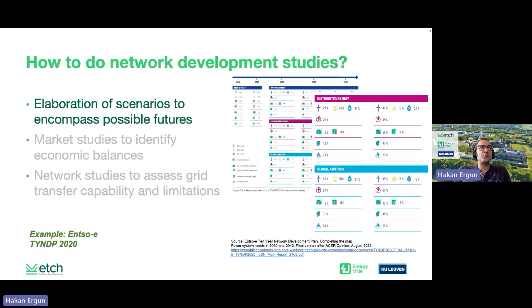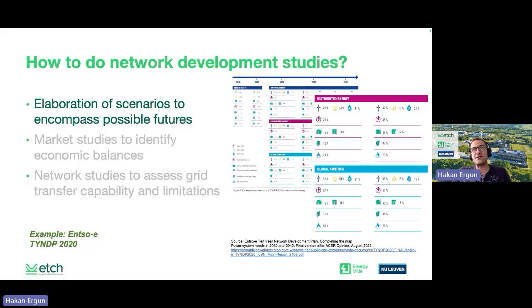So how do we actually do network development studies? The very first starting point is obviously to start from a number of scenarios that will encompass different possible futures. The way we approach this in Europe, within the ENTSO-E's 10-year network development plan, is by using different macro scenarios, and the three main scenario sets that are being used are